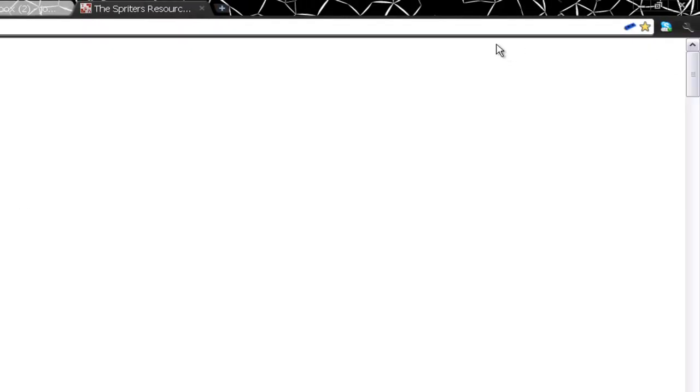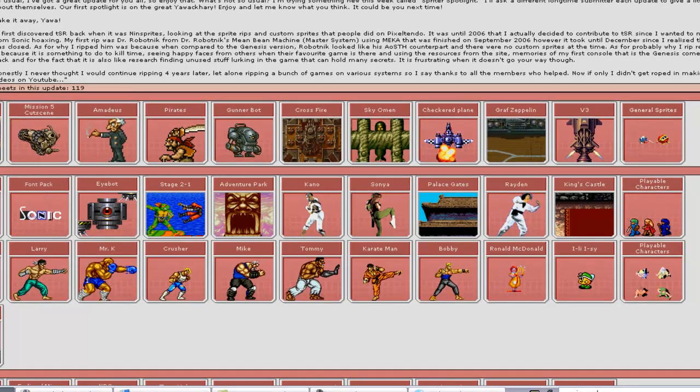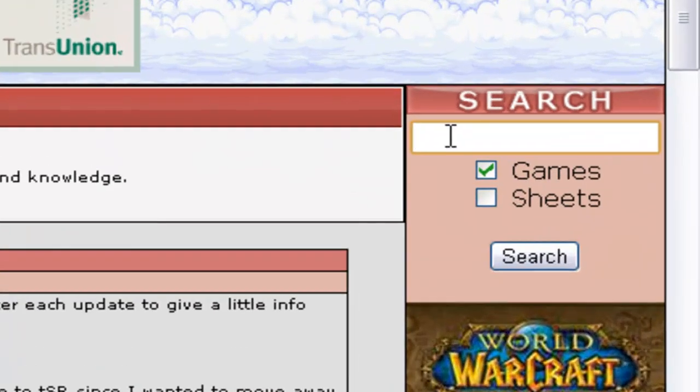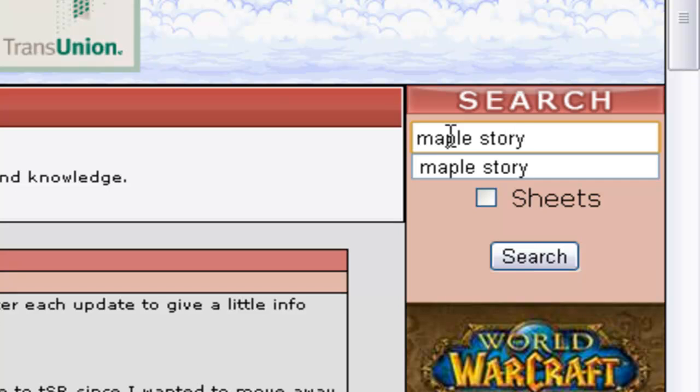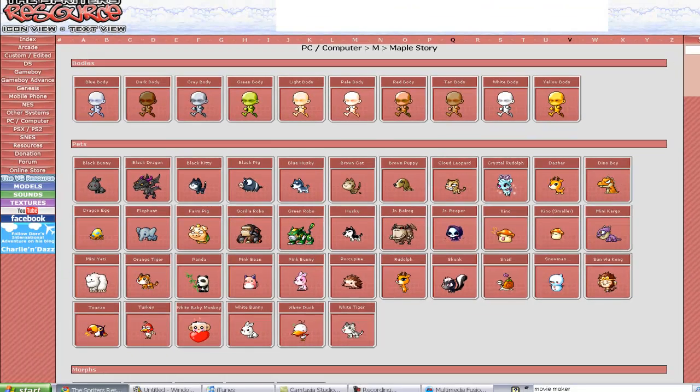So see, you have sprites from all these different games. If you type in, let's say, Maple Story, I like to use those because they're such good graphics for platformer games. I don't know if you guys have played that game before. If you type in Maple Story, you get all the different graphics from Maple Story. And see, if I click on one, let me get to a monster because those are simpler. If you click on one, say orange mushroom,